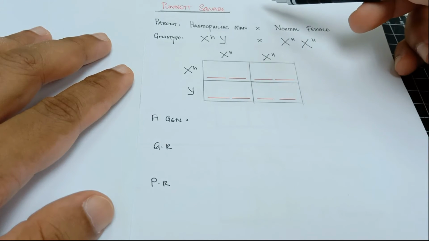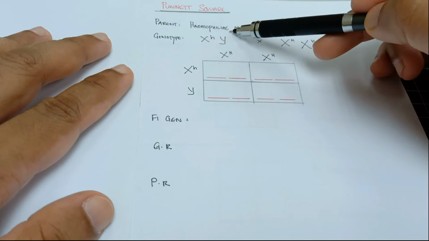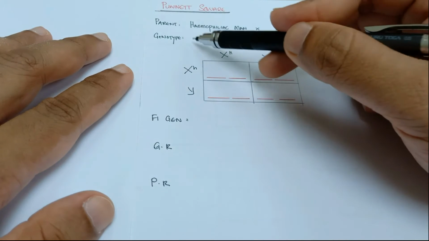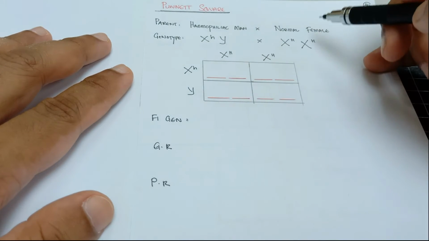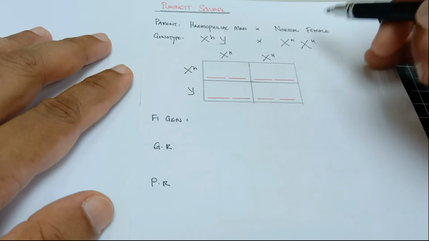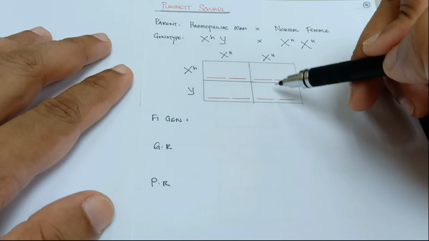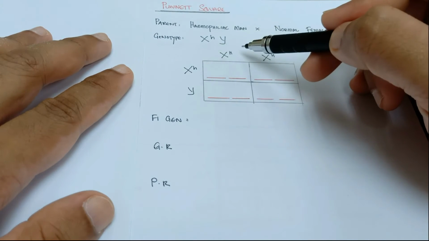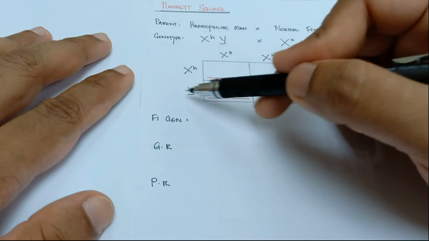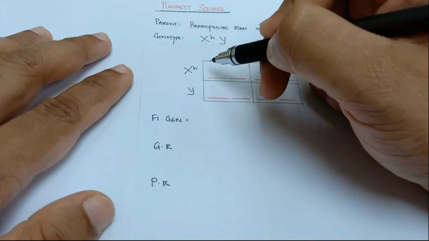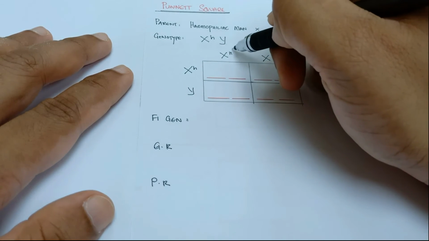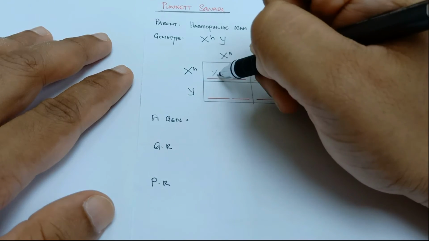Let's look at a Punnett square. This time I'm using a hemophiliac male and normal female. The hemophiliac male is represented by X with a lowercase h and Y, and normal female with X with a capital H, X with a capital H. I've drawn a 2 by 2 square here, and I've listed down the gametes for the female, which is on the top, and on the left is the male gametes. So as usual, I'll do the cross X and this X. Since this H here is a capital H, I put this first,